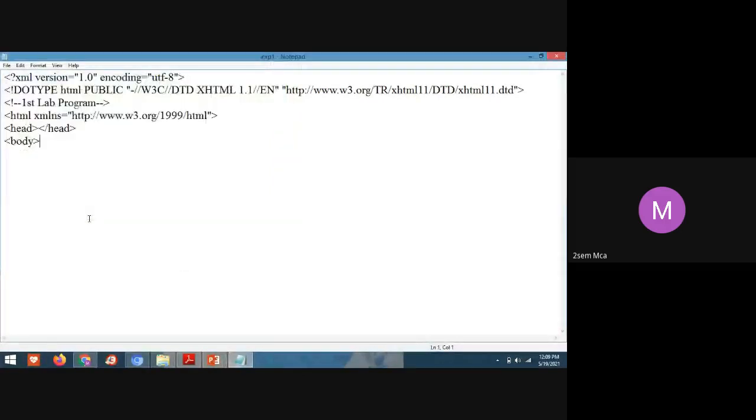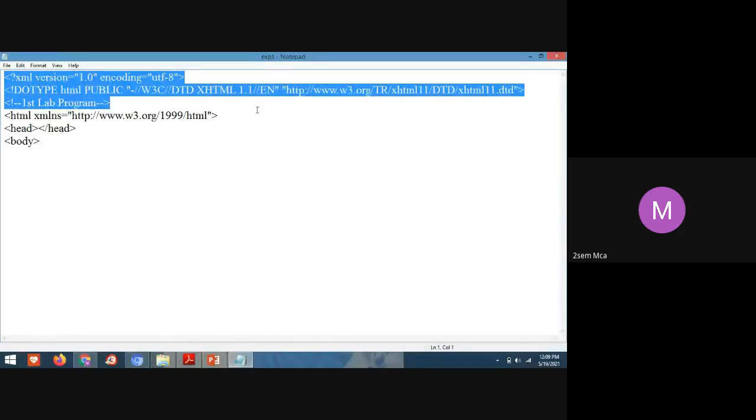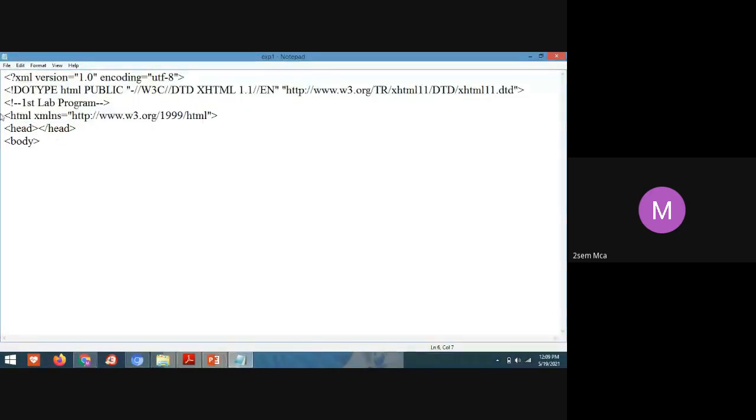Hey students, I have created one more notepad, one more file with the file name exp1. See, as I told you, these entries are mandatory entries in an XHTML program. So after that, I have given the header tag. From here, my actual program is going to start. Now, if you want to display any data like, welcome to